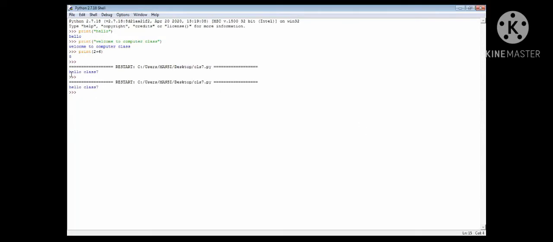See here the output, hello class 7. After clicking on run module, you can see the output in this shell only. Output will be shown over here. I hope till these things are clear. So this is the interactive mode I have shown you and the script mode I have shown you.